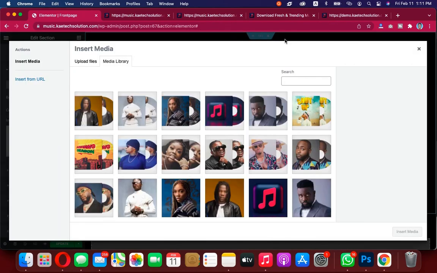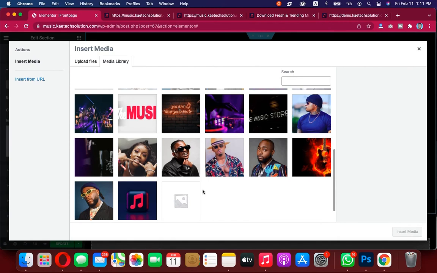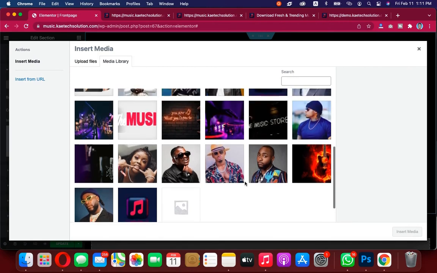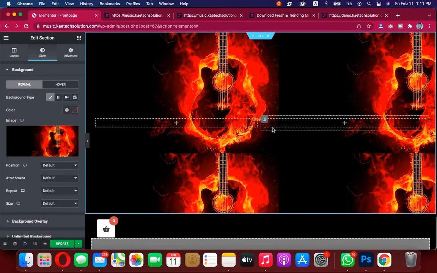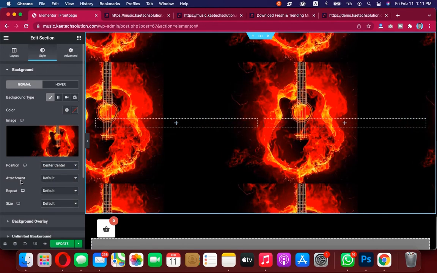Now we're going to choose the photo that was used in it. So this is the photo that it was used. That is what we are going to use. We're going to use this one. So this is the photo. Now the position, we want it to be center, and then the